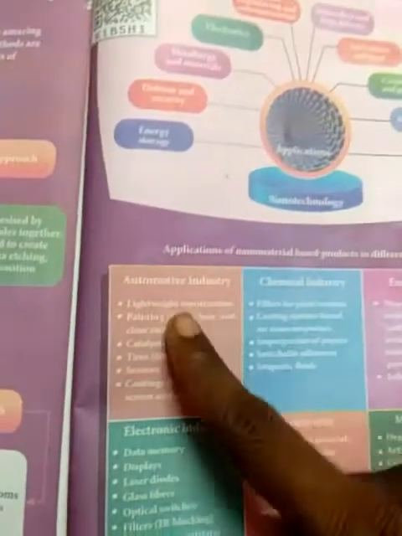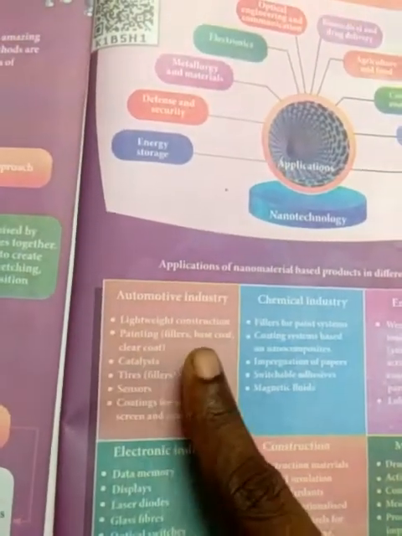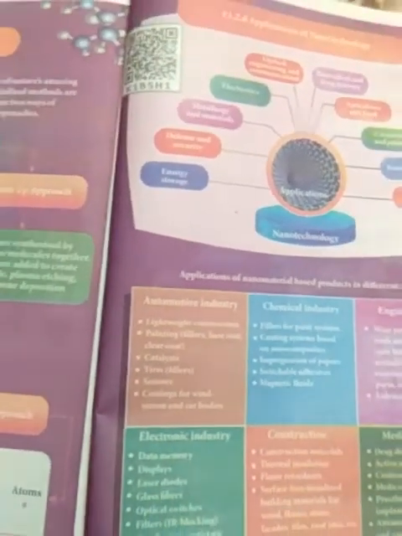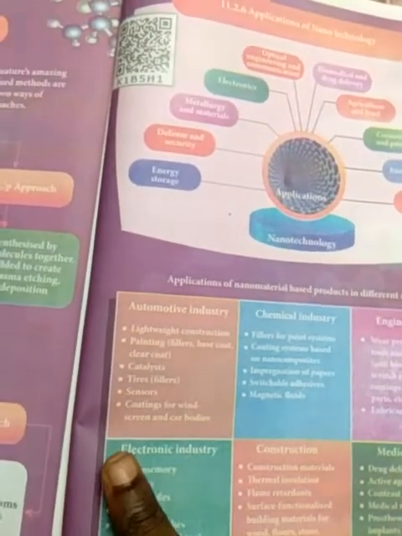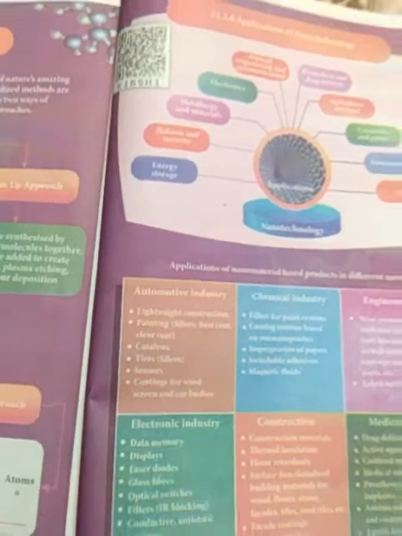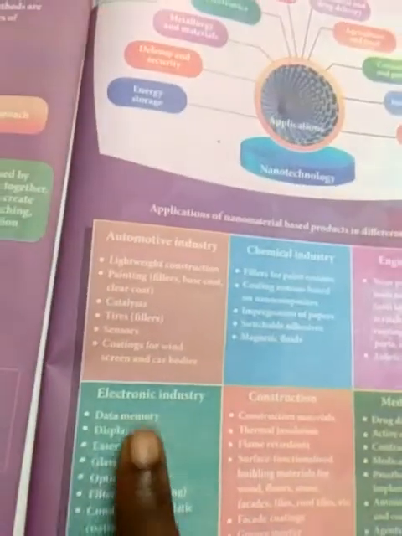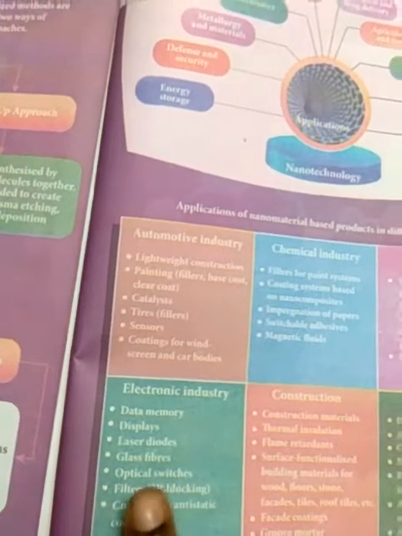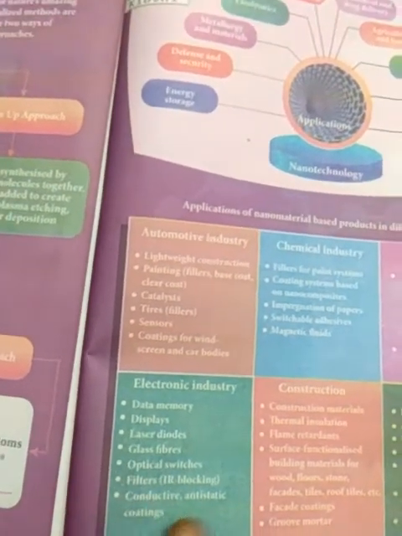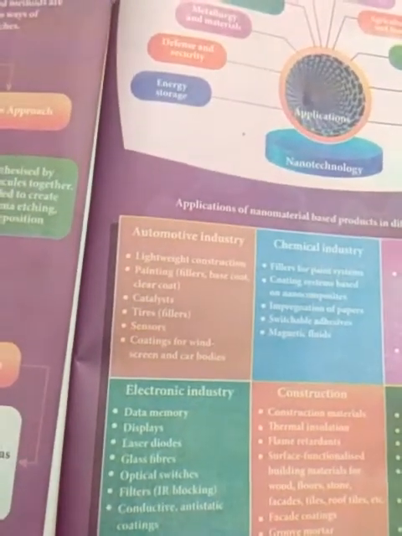So in automotive industries: lightweight constructions, painting, catalyzed tires, sensors, coating for the windscreen and car bodies. Electronic industries like data memory, displays, laser diodes, glass fibers, optical switches, filters, conductive,